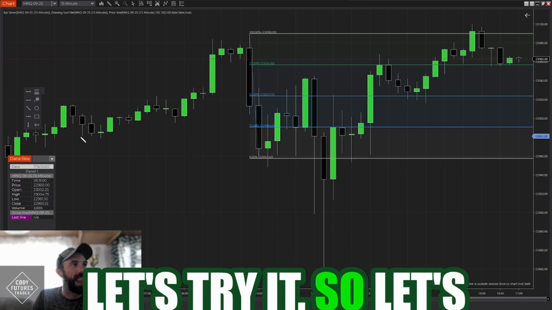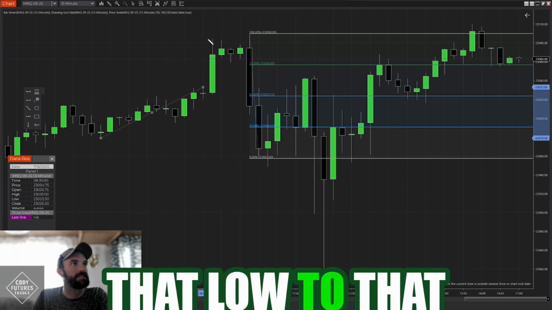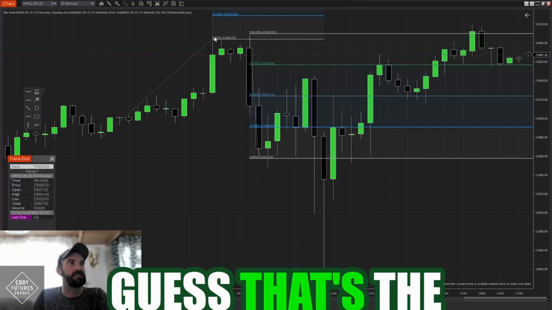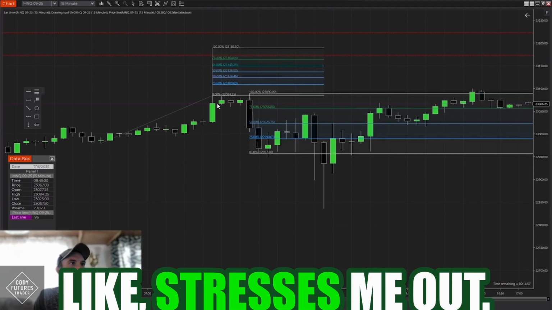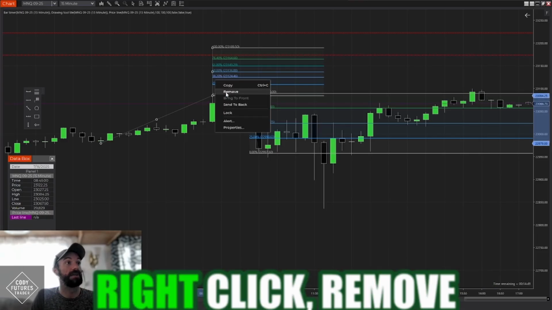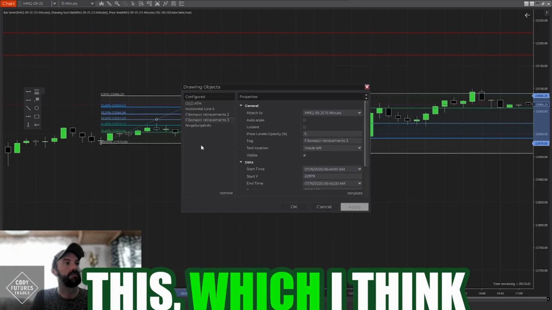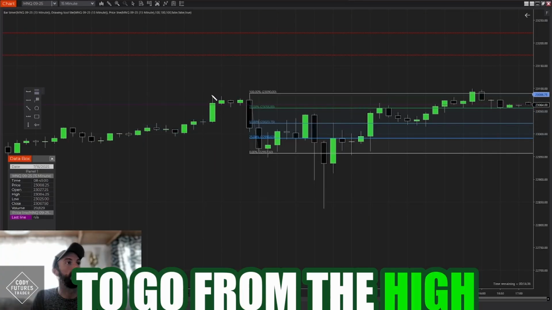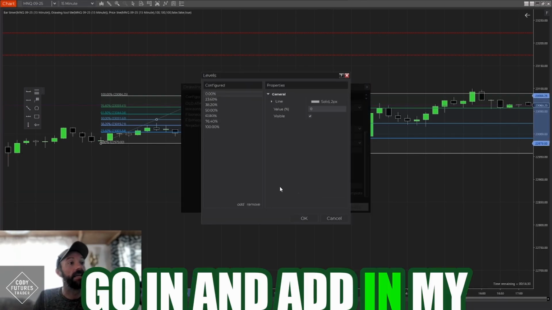Let's try it. So let's go from that low to that high, and then what do I do now? I guess that's the extension, and then it's even off the screen, it stresses me out. So what I do, and this is just me, when I right click, remove that one, I do the same thing with this, which, okay, here's where it gets confusing. You have to go from the high to the low, and then now I can go in and add in my own